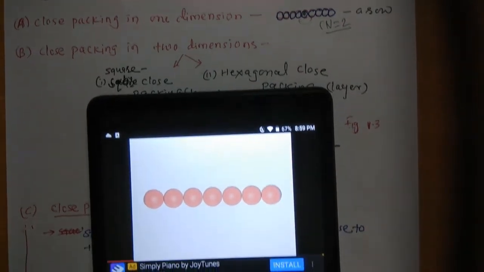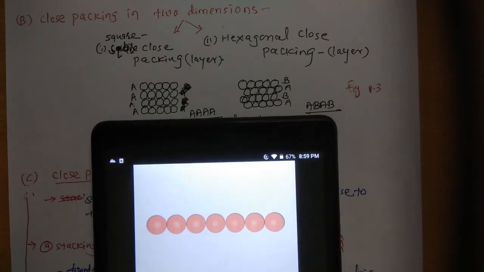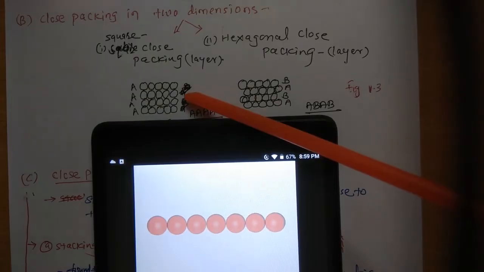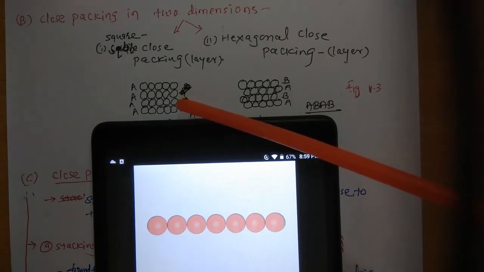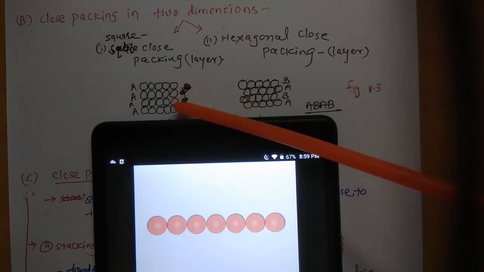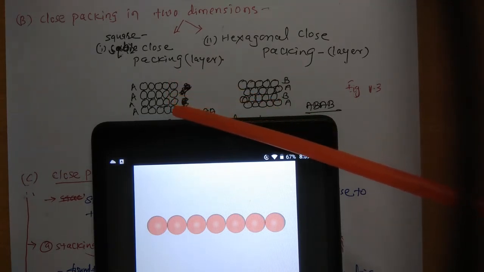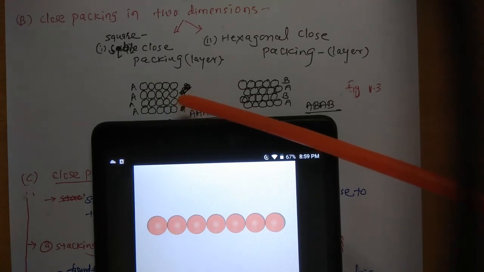Now see here the second type, that is, how to form the square closed packing and hexagonal closed packing. In square closed packing, as you can see here, the rows from the one dimension are placed exactly one above the other, so that all the spheres of the layers are aligned with each other.